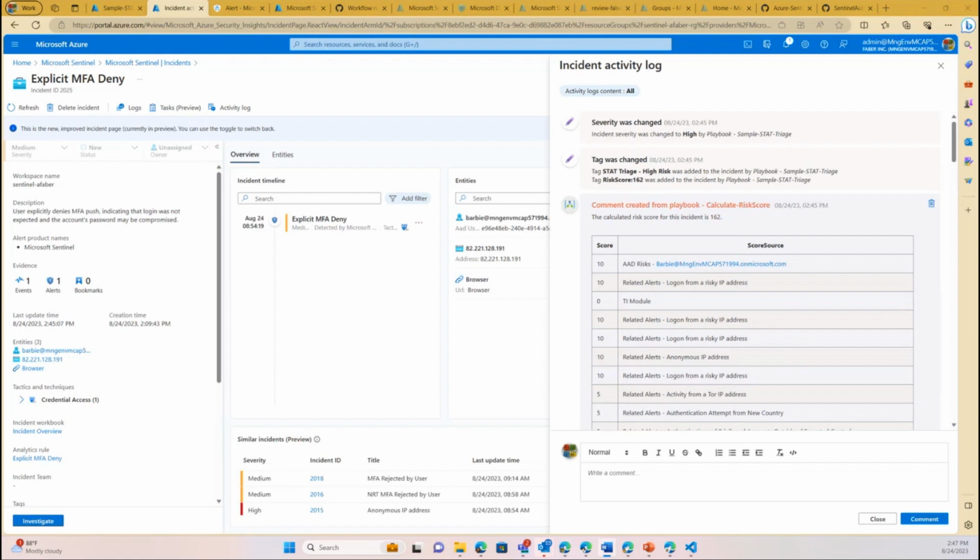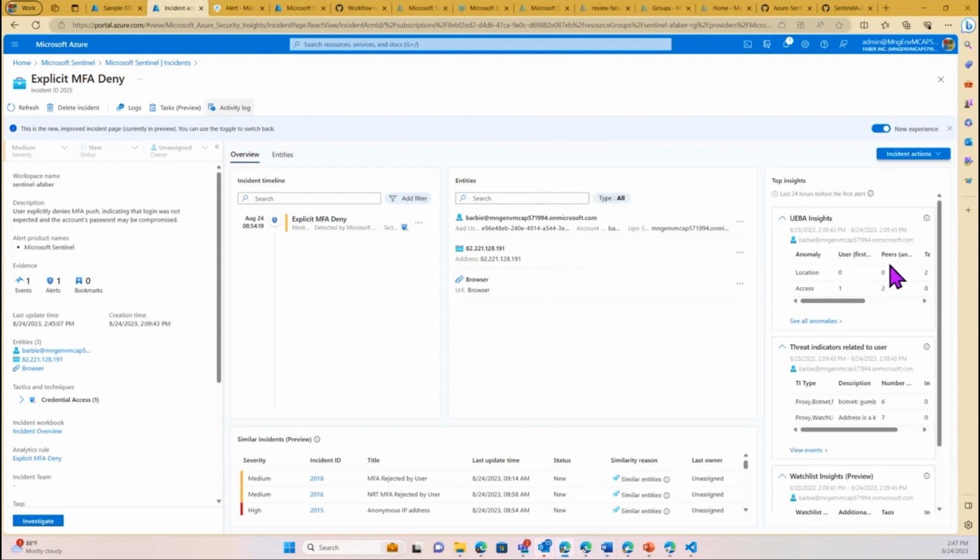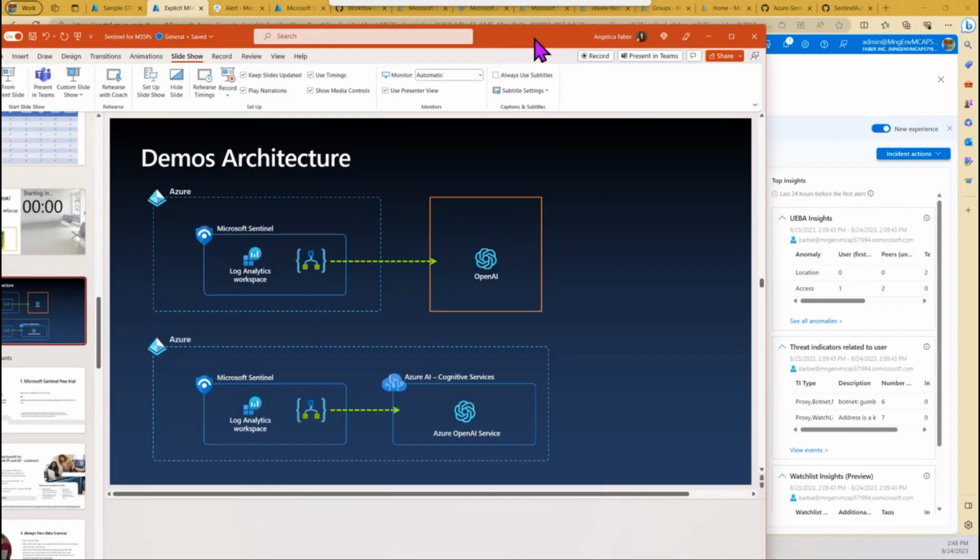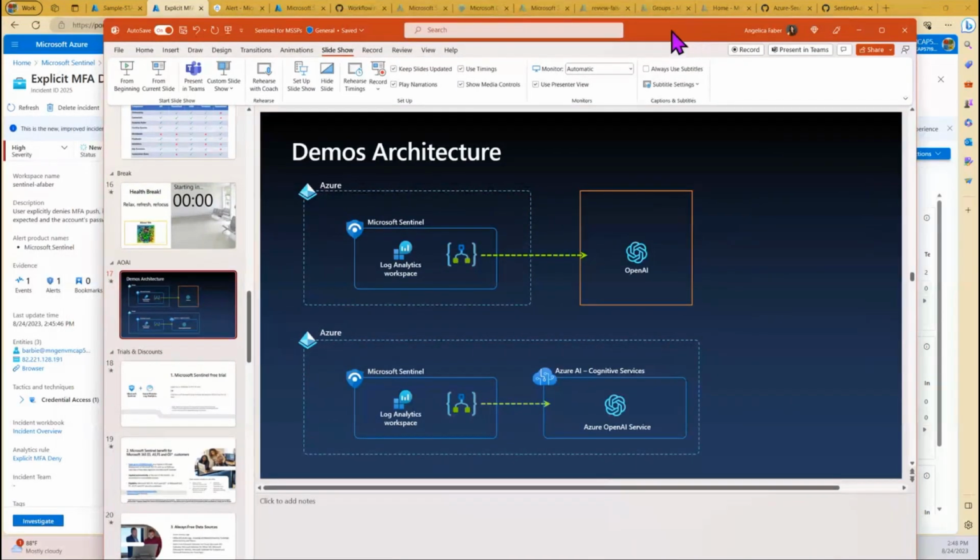Okay. Now, I am going to show you, and I am a super big fan of these modules. The stat modules in general to me are super useful. I actually built a playbook that builds upon that, and it actually connects to Azure OpenAI. Before I jump into the demo, I do want to be clear about one thing. I'm going to show you this architecture. I have integrations that run between